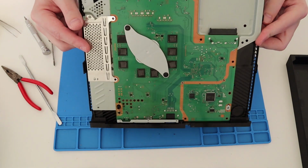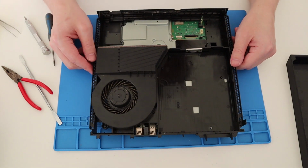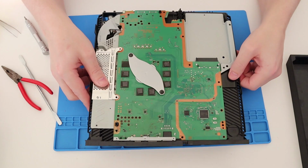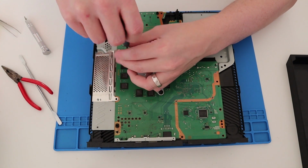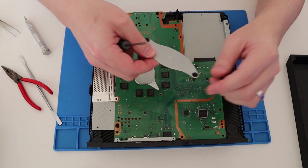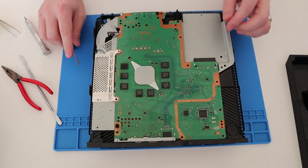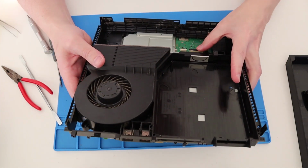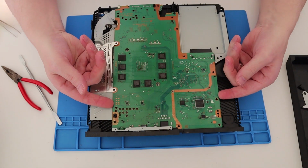Leave that on. I imagine the heatsink, or oh no, maybe it doesn't. I was going to say imagine the heatsink comes away with the motherboard, but looking at that, it doesn't. Okay. No, it doesn't. Right, so let's take this off, which is the bracket for the heatsink. What else is left? That's all off, that's all off. Okay, the other part of the bracket comes off. Do you know what? I can't see any other screws, so...